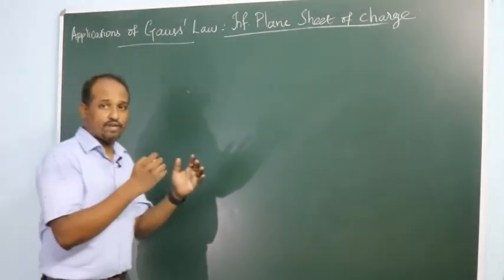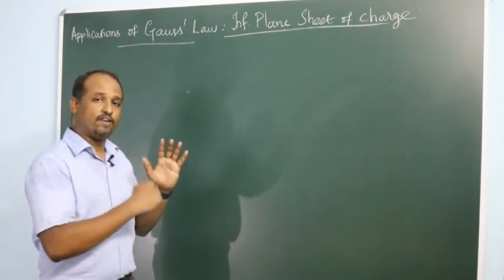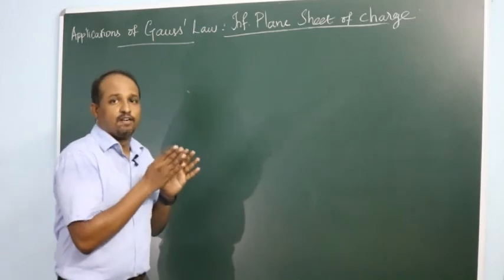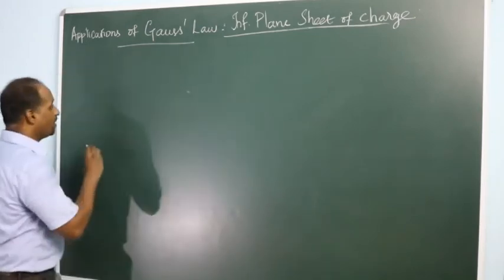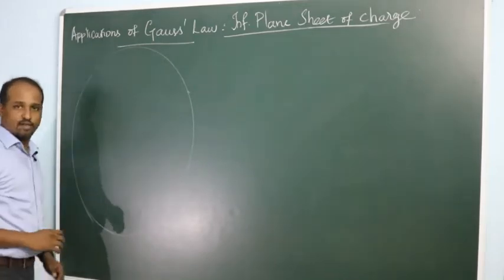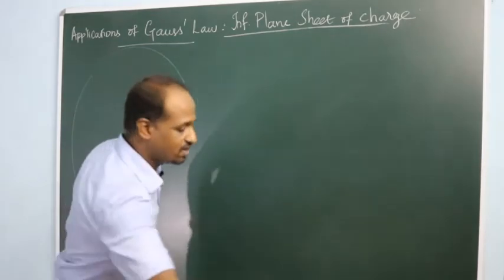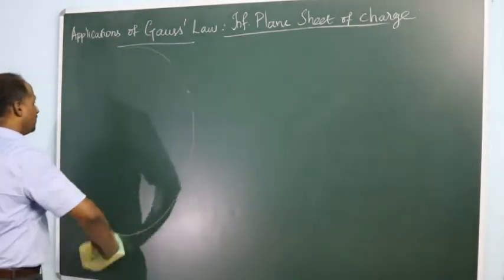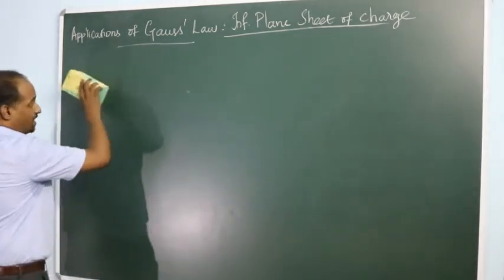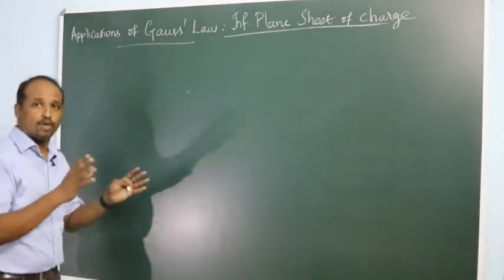Actually, what we have derived is we found the electric field due to a ring. From the ring, we found the electric field due to a disk. Then we derived the electric field due to an infinitely large disk. So this can also be approximated if it is a disk of infinitely large size. So there is no difference between the shapes, whether it is a plain sheet or a disk.